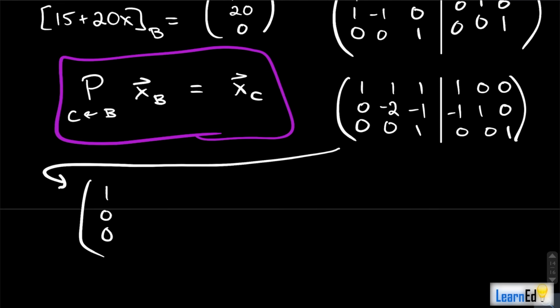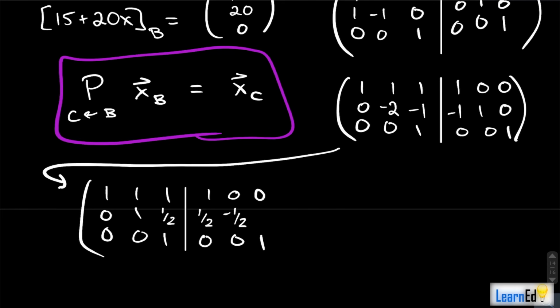So we have our 3 pivots located, right? We have our 1, -2, and 1. So I guess what we could do here is just scale down that -2 to be a 1, and let's make sure that our third row stays the same and our first row. Great. So let's make this a 1. That means that this is to become a 1/2. This is to become a 1/2. This is to be a -1/2, and this is to be a 0. Okay, so fractions sadly will come into play here. I know. It sucks. But we're going to do this